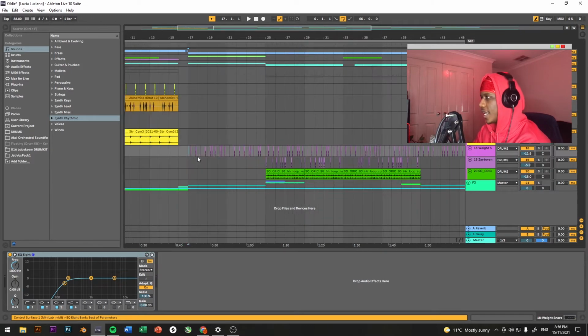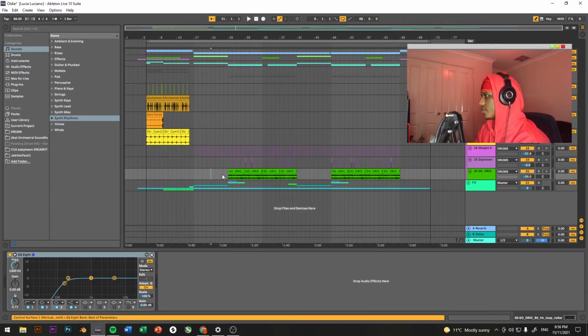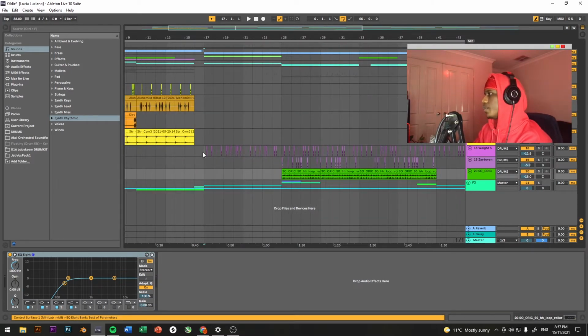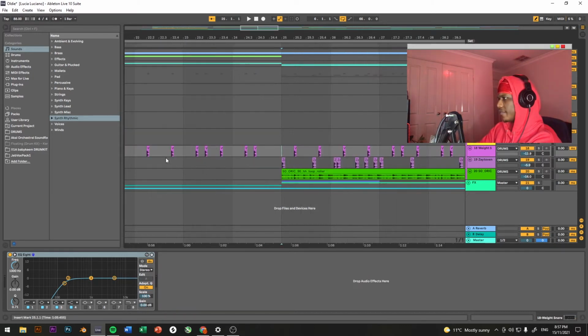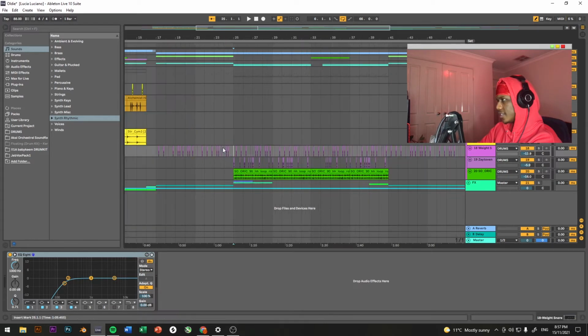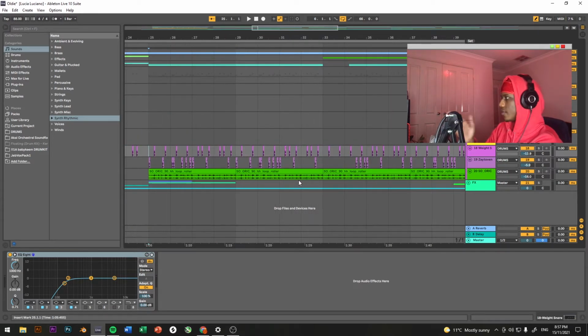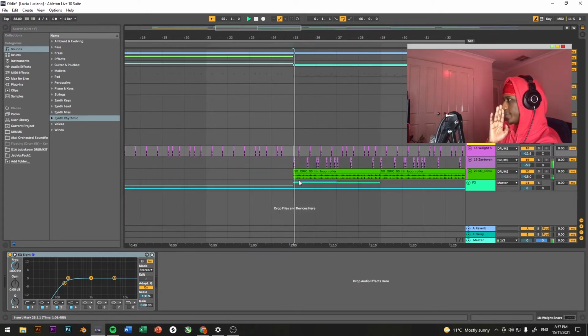Next with the drums, I have a snare, a kick drum, and then a hi-hat loop. I'll play for you the drums all together here. I won't play this because this is basically the same snare pattern that's playing here, but obviously with more drums. So I'll play for you the full drum loop.